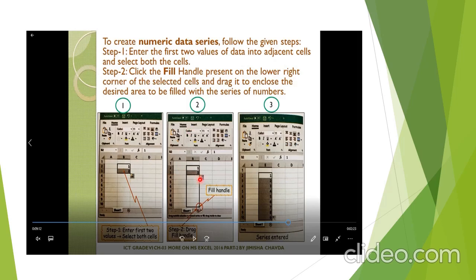You can see in my screenshot too. This is the fill handle, available on the right side, at the corner. We just need to drag and drop. You can see in my third screenshot 1 to 9 is visible. If you want 1000, we just need to drag. This way we can also use the January, February month text data. So hopefully everyone understands the usage of AutoFill in Microsoft Excel.